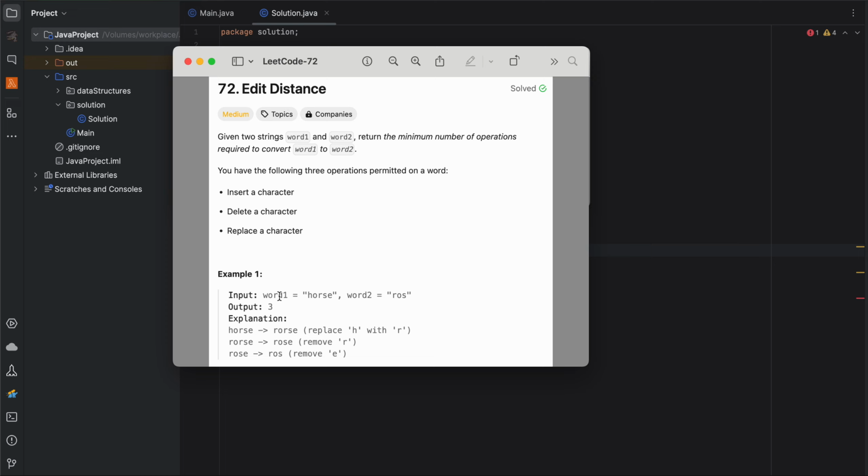So let's see an example. If we have word1 as horse, H-O-R-S-E, and word2 is ros, R-O-S, the output should be 3. How? We can first replace letter H with R. That will be the first operation, and the resulting word would be R-O-R-S-E. Then we will remove the middle R from here, and the result would be